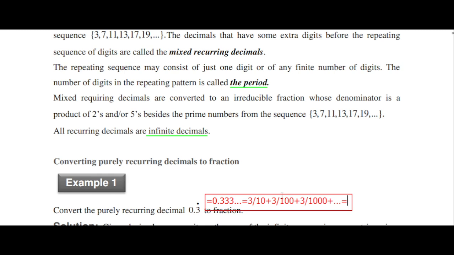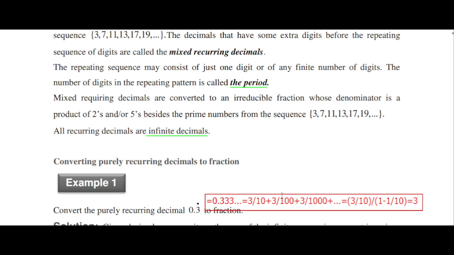Since this is a geometric series and R, 1 over 10, is less than 1, we can use the formula J1 over 1 minus R. So J1 is 3 over 10, over 1 minus 1 over 10, which is equal to